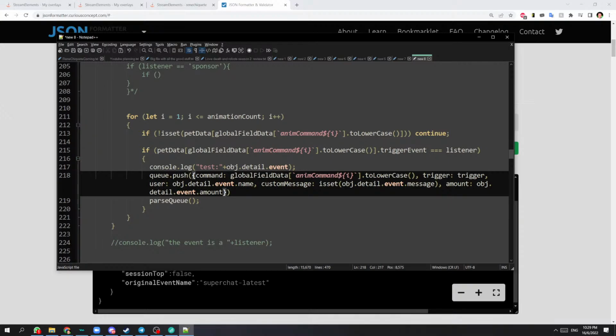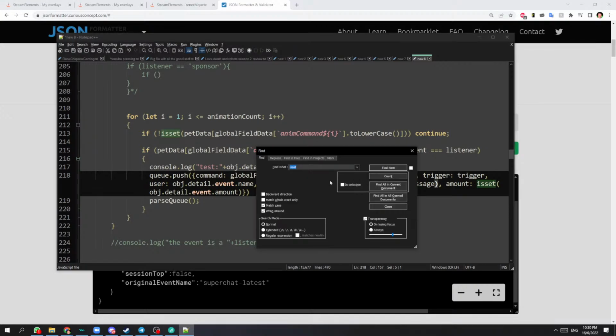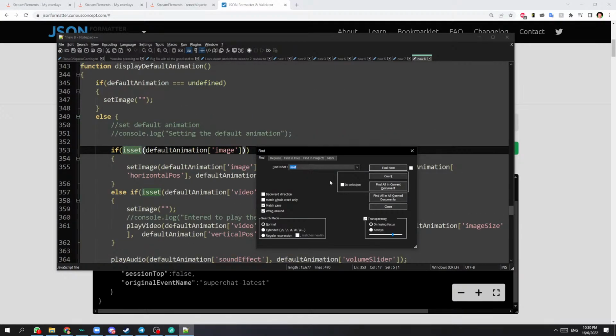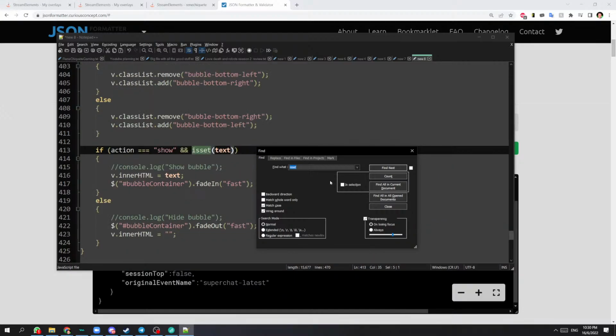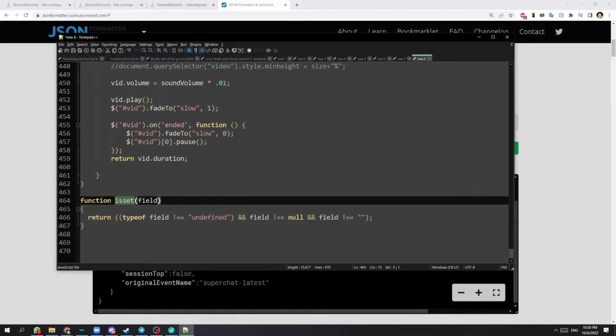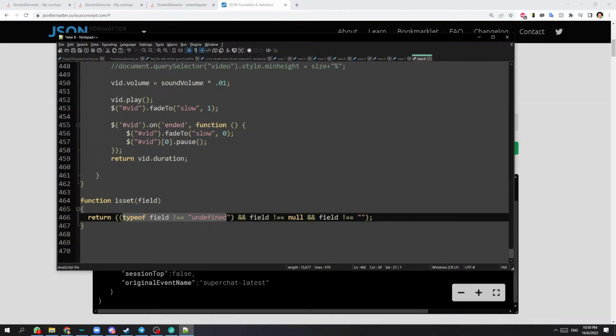There we go. Okay, is set. So these are just functions to ensure that what I'm sending has a value. If not, it's just gonna send something else. It's just a function that checks if it has a valid value. All right. So now that that is done,